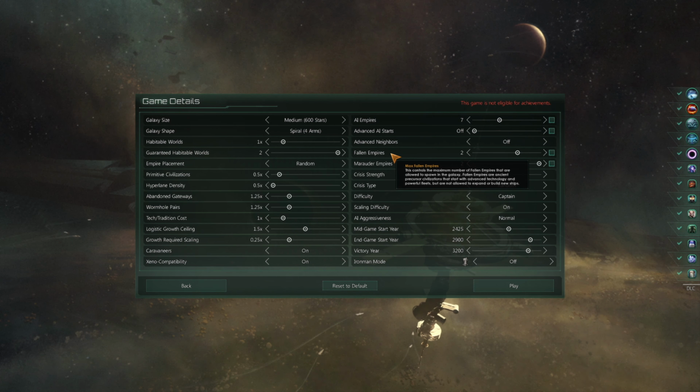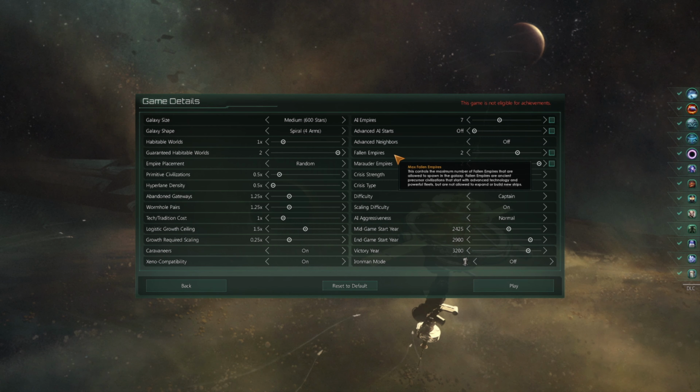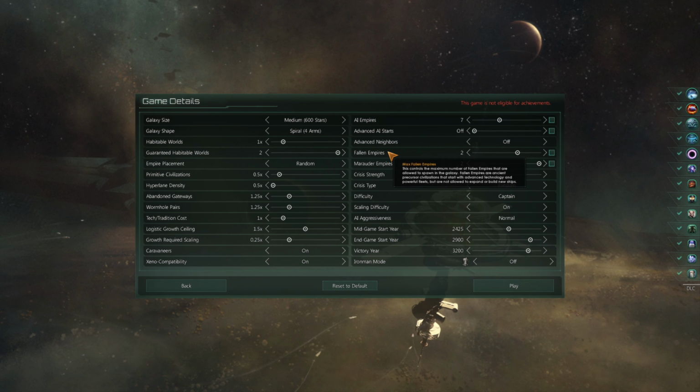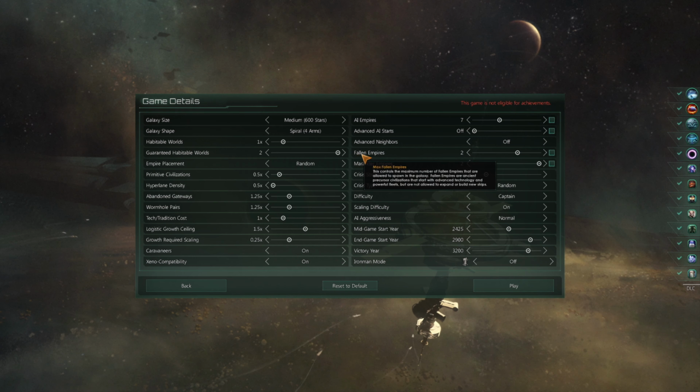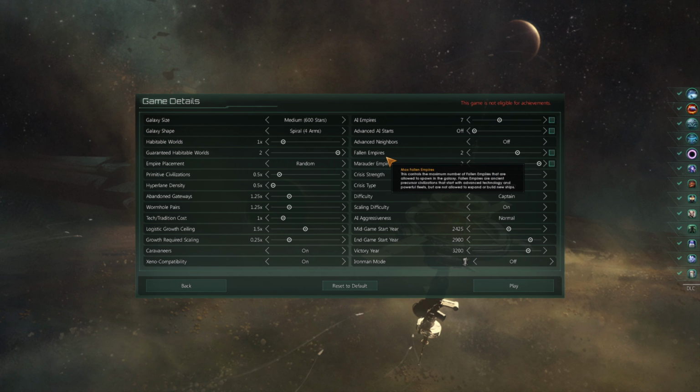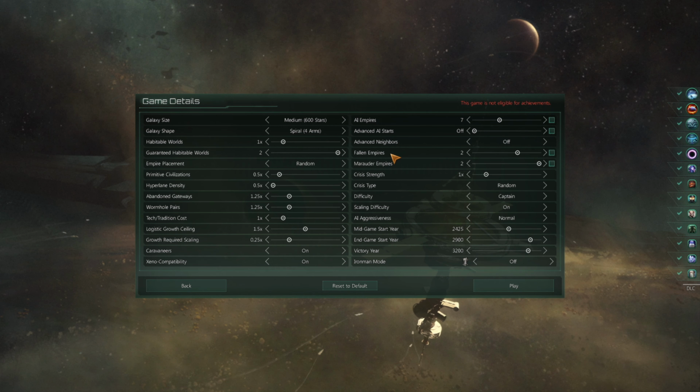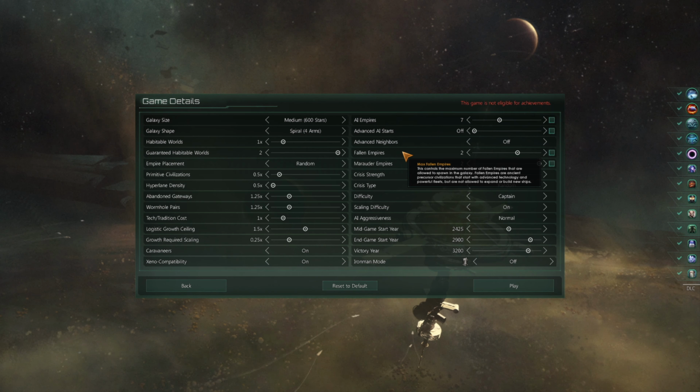You can annoy them by colonizing near them, and they'll basically tell you to back off, and if you don't, they'll declare war on you, which, if that happens early game, can essentially be, again, a game over, because you will in no way have the navy or technology required to even compete with the Fallen Empire until much, much later in the game. That being said, as long as you